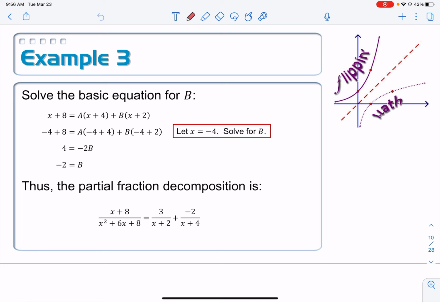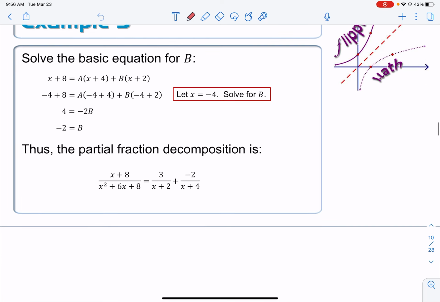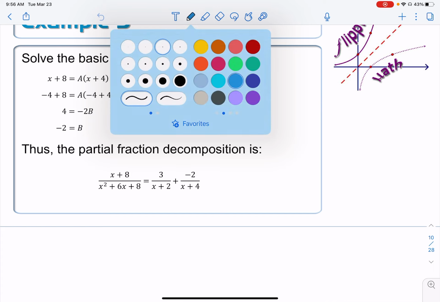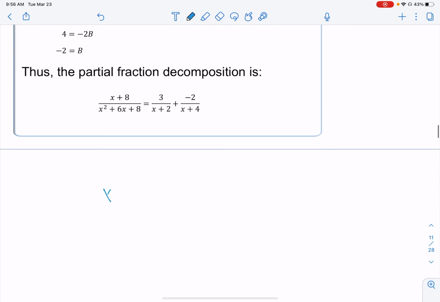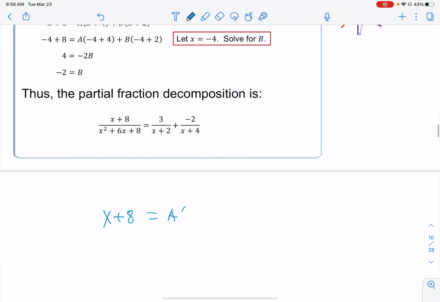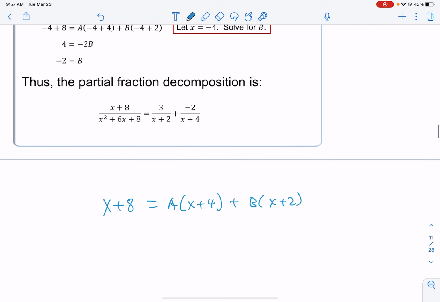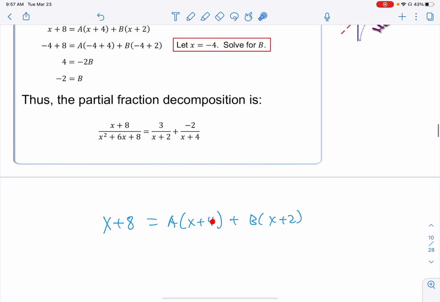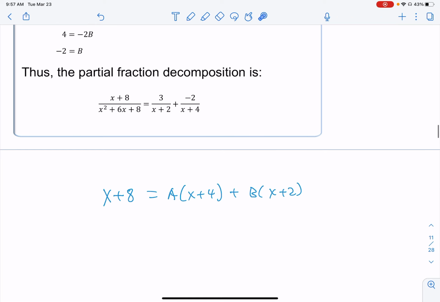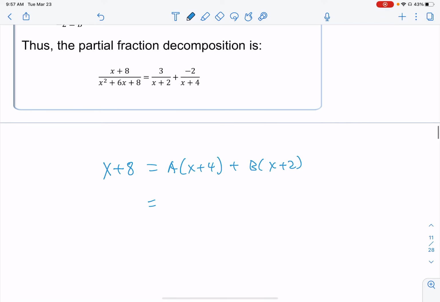So let's assume that we're using the same exact basic equation here. I'm going to write it down again. We got x plus 8 is equal to A times x plus 4, and then B times x plus 2. Okay, so what I'm going to do is just do some distributive property here and then combine like terms on the right side of the equation. I'd have Ax plus 4A,